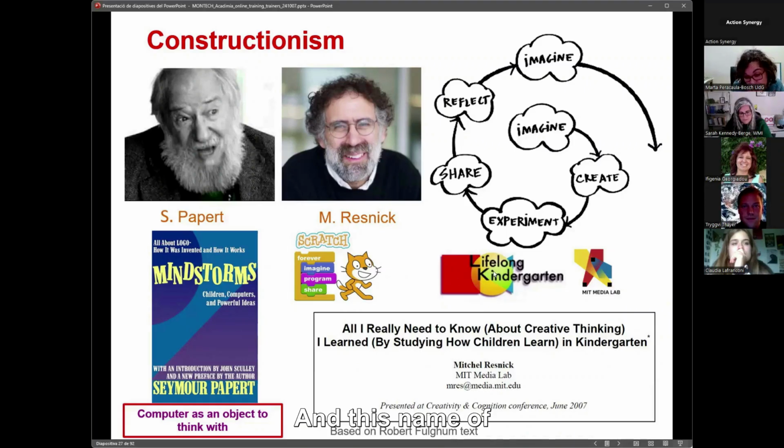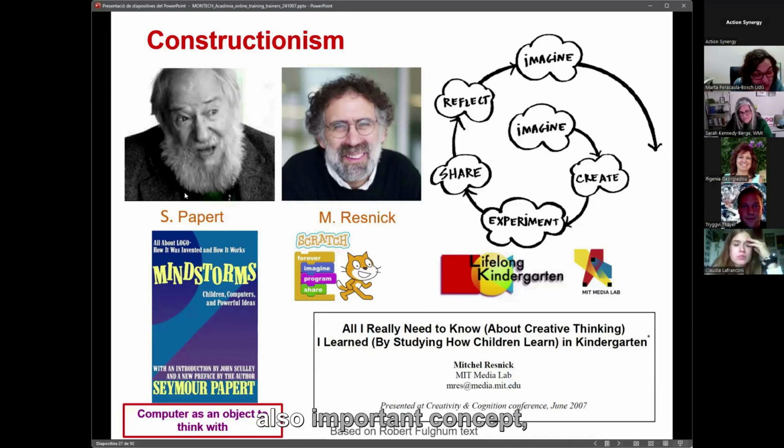And this name of the lab, Lifelong Kindergarten, is because, he says, I learned how children learn about creative thinking, learning how children learn in the kindergarten. The kindergarten age is imagining what they want to do or are going to do, like for example a sandcastle in the yard, creating it and experimenting with it. Sometimes here it says play, because it's the same concept, playing with it, and sharing with peers,